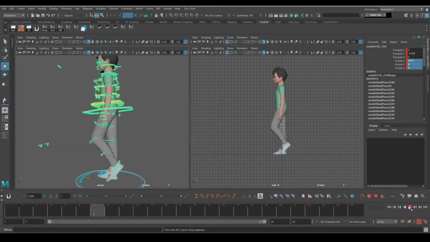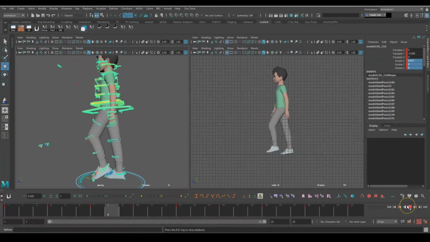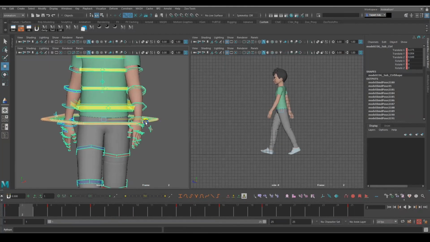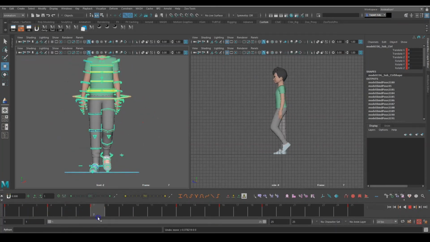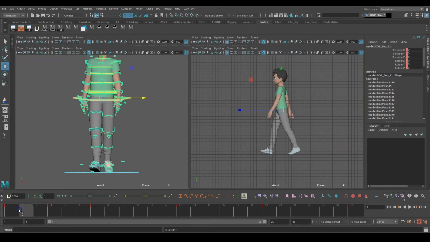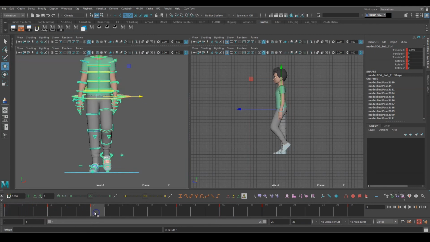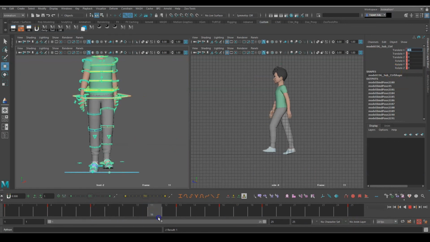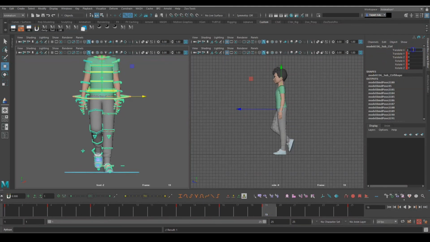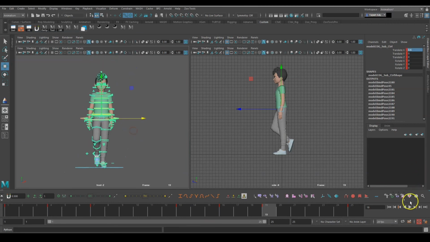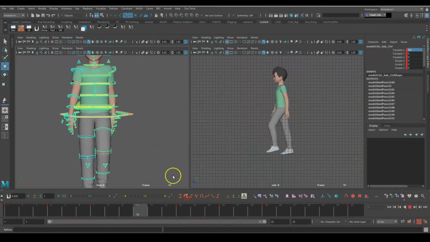We'll work on weight shift, hands, overlap for chest, head, and we'll work on legs. Then I will work on weight shift. On frame 7 we'll move a little bit. You can see frame 1 and 7. You can change a value, like take a proper value. I will take minus 0.6. Then move to frame 19. Here I will take plus 0.6. Then you can see the weight shift.